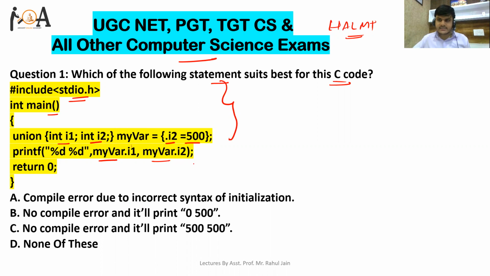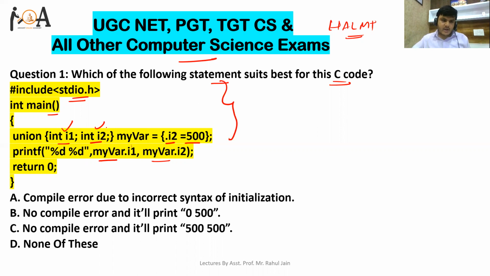If you focus here, this is a very important question. The concept of union will be used. If we have declared I1 and I2, the maximum size of those is how much memory will be allocated, and there is no need to allocate separate memory for I1 or I2.